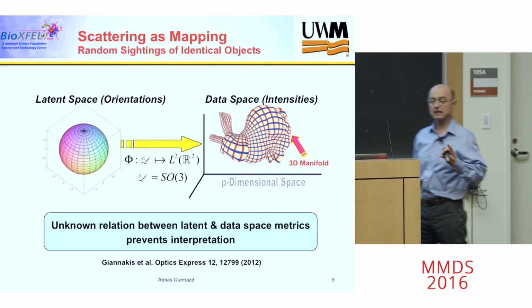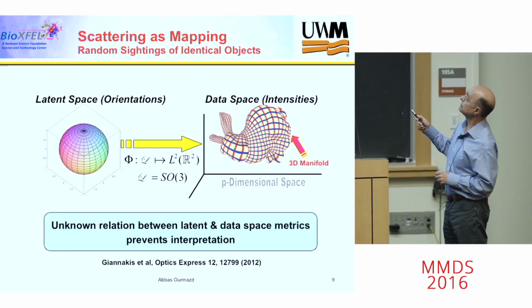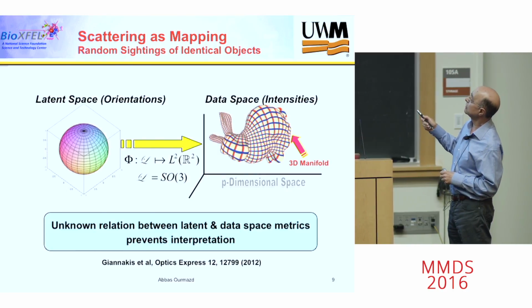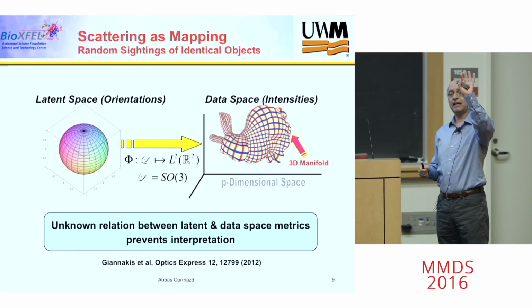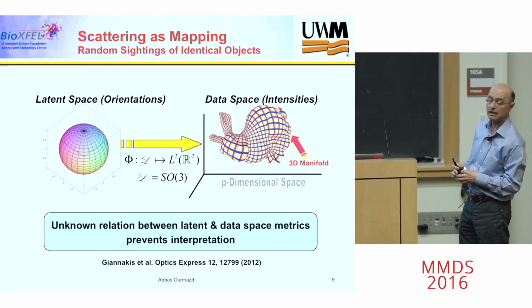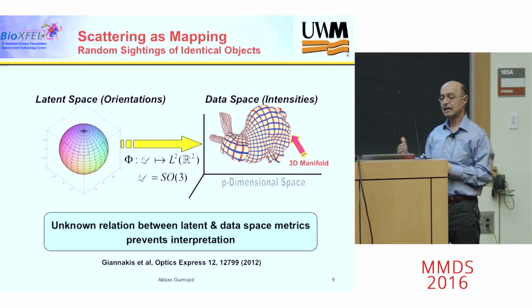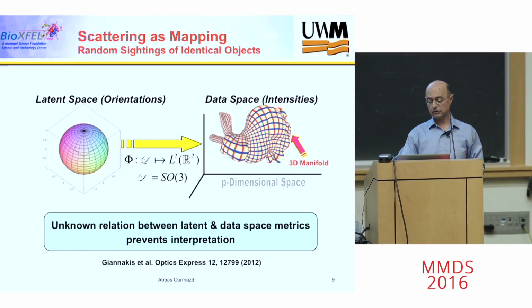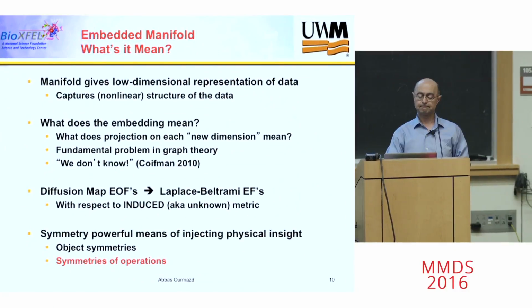Now, that's important because what you have, of course, is a manifold. You want to purposefully navigate on this manifold. For example, you want to see my head rotate about a single axis, but I don't know how I can do this in this space, and that makes it actually very difficult to interpret the information in the manifold. Now,